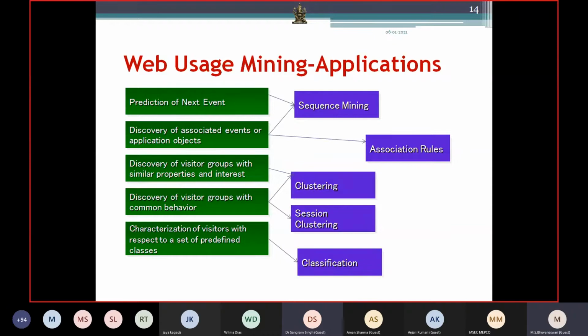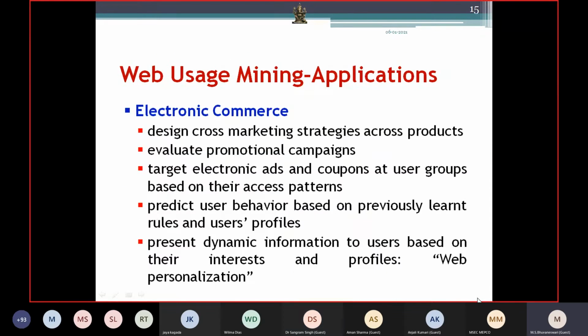These are going to be the various web usage applications we are going to have. For all these things, the base is going to be the pattern. We say it as a pattern, a sequence, a session, or an item. So all these terms are the base, and we are going to see these things.